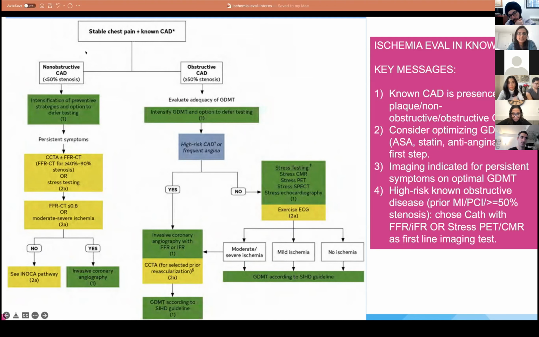So first thing, in patients with known coronary artery disease, check whether they are on good medicines. And if they're still having symptoms on that, that's when you would choose either a coronary CT or stress testing based on how extensive their disease was, for further testing